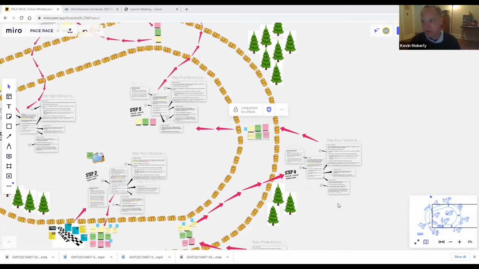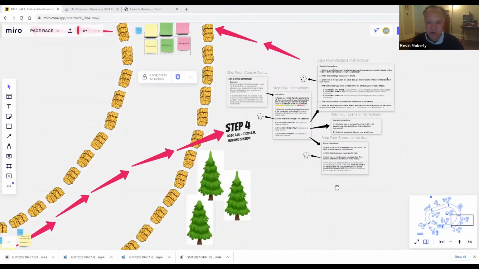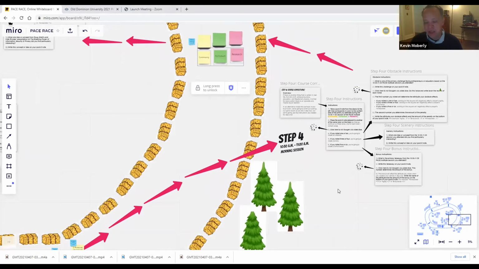Welcome back. We are now on step 4 of creating the Pace Race board game, which means we've made it to the 10:30 to 11:20 morning session of the Pace Institute. You'll notice that each step of the Pace Race, with the exception of the initial step, is connected to a specific session of the Pace Race. So we'll go through, in this video again, instructions on how